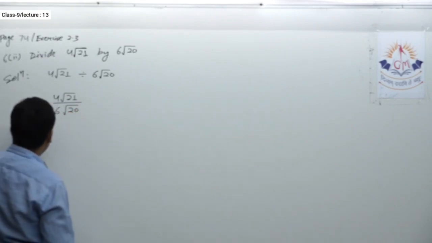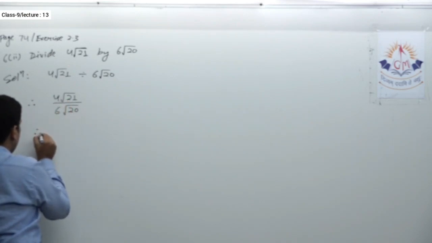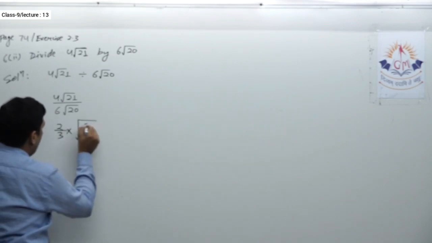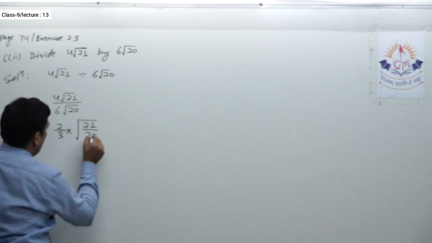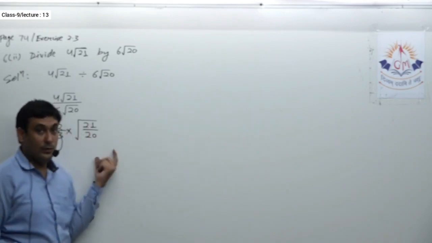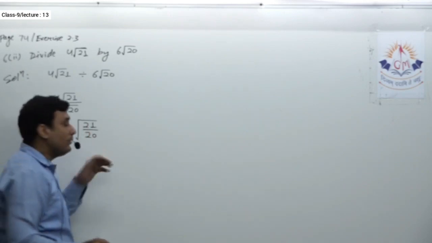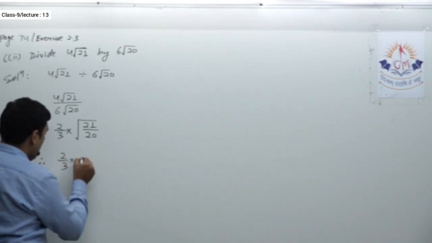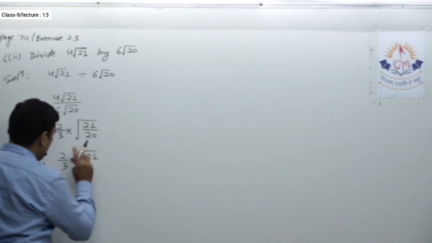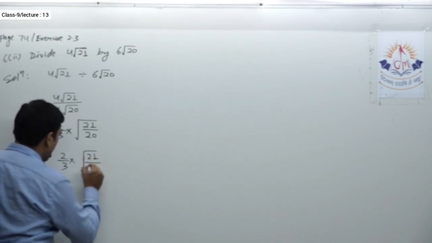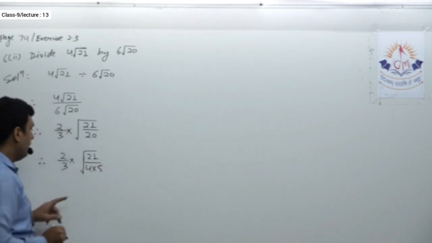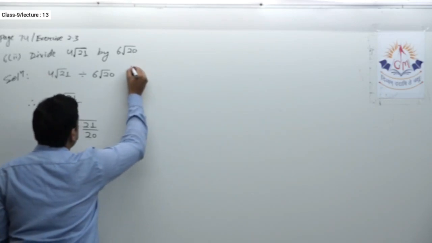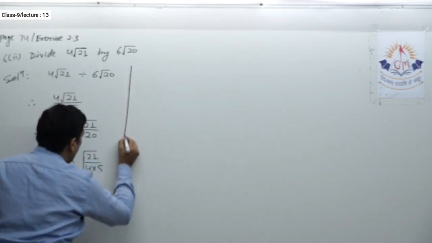So here we can cancel the rational numbers. We can cancel by 2. 2 2s are 4, 2 3s are 6. Now definitely it is not possible to divide these two, but yes, it is possible to simplify this root 20. So how is it possible to simplify this? I write root 21, and over here I can write 4 into 5. Actually in the denominator we have root 4, root 5. So this root 4 gives you 2.